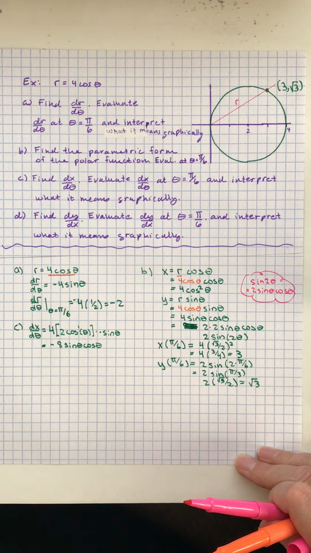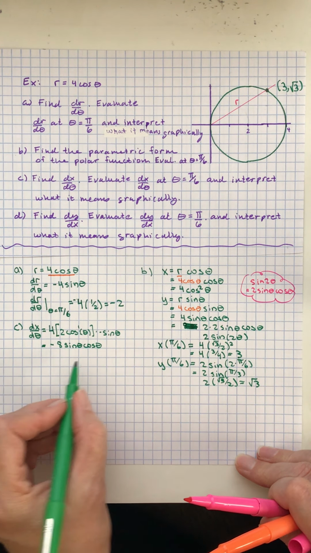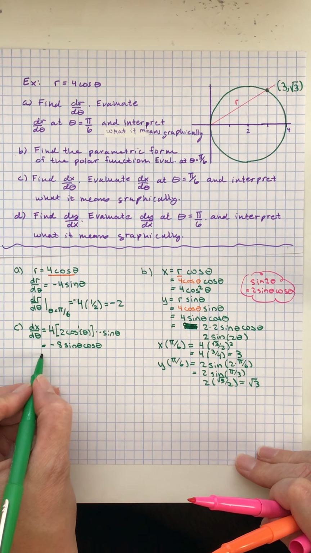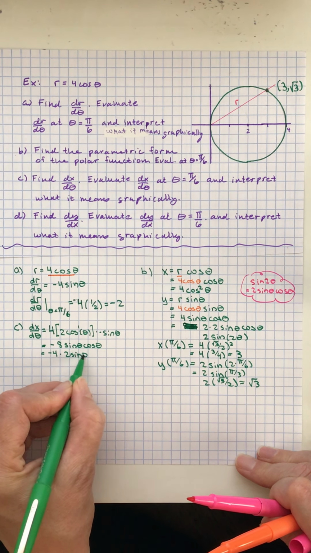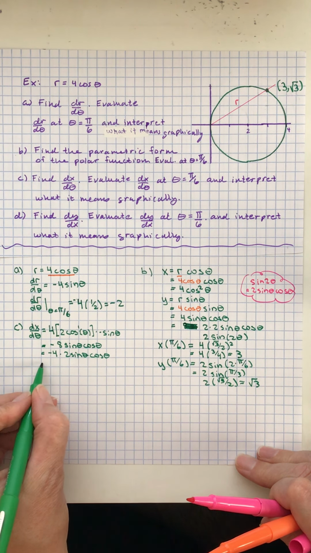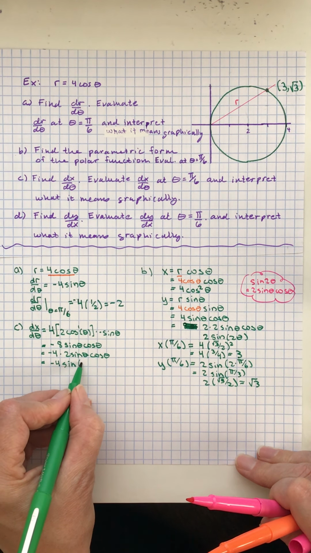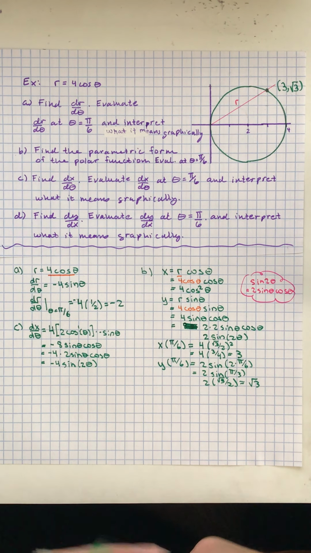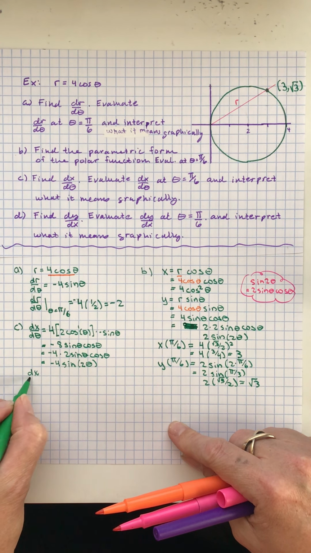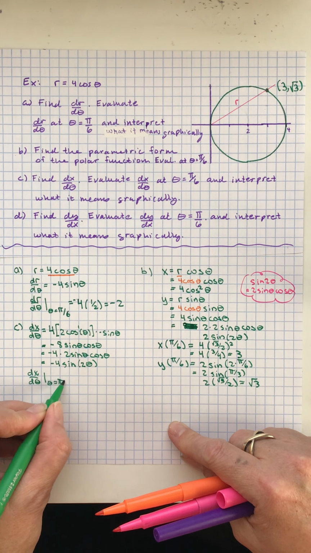And you could also change that negative 8 sine theta cosine theta using this identity again. So that would be negative 4 times 2 sine theta cosine theta, which would be negative 4 sine 2 theta. And then it says to evaluate dx/d theta at pi over 6. So dx/d theta at theta equals pi over 6